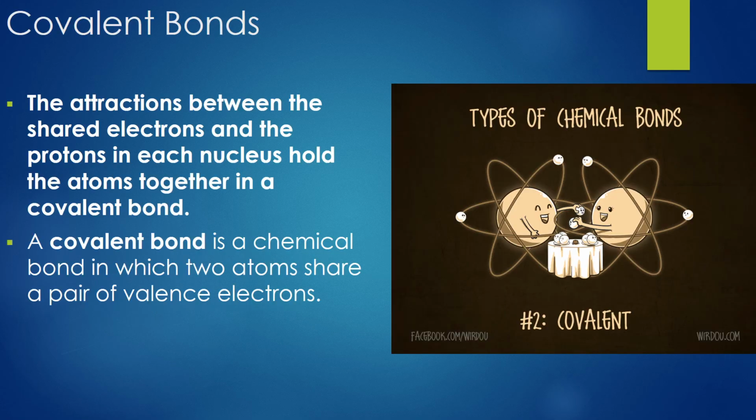Okay, so like I said, what holds the atom together is the protons in the nucleus and then the electrons on the outside. Well, when they share, the protons of the nucleus of the other atom can be attracted to the electrons of the other atom, and they kind of hold themselves together. So it still has to deal with this opposite charge attraction, but they just share their electrons instead of transferring